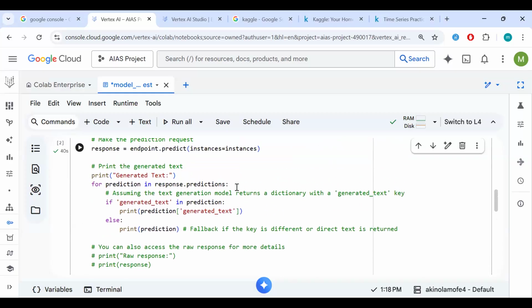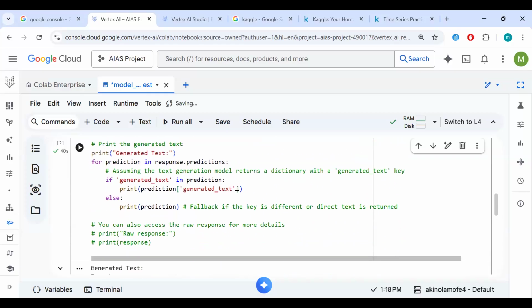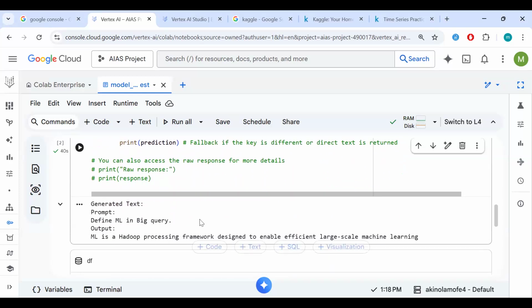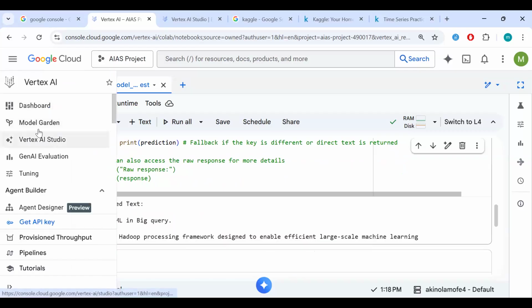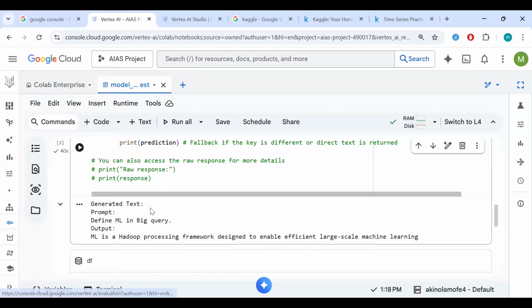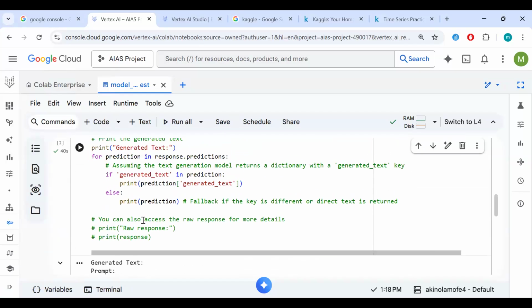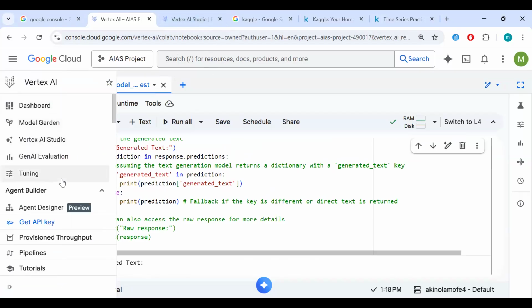If we wanted, we could add more max tokens and more parameters so we had more content. But I think this shows the point that we've deployed a model without having to write any code. We just picked the model from Model Garden, deployed it, and we're talking to it now, right? So now we're going to go on to using RAG in Vortex AI Studio.